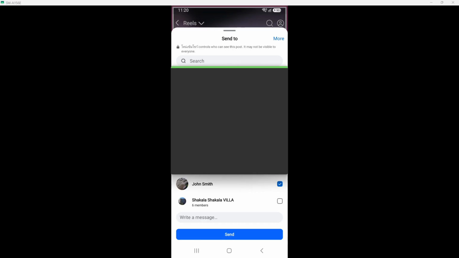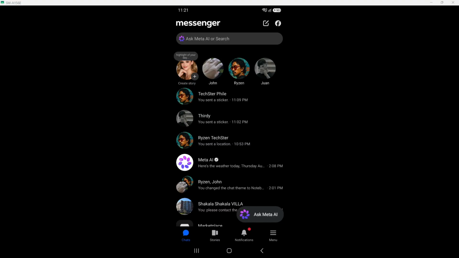Finally, tap Send. The Send button is usually at the bottom of the screen, often bright blue so it stands out. When you tap it, the panel will close and a quick confirmation text may appear, or Messenger may briefly open the chat, showing the reel thumbnail inside the conversation. That means the reel has been delivered and the person or group can now watch it directly from their Messenger app. You have just learned how to open Facebook, pick any reel, and send it straight to someone in Facebook Messenger.